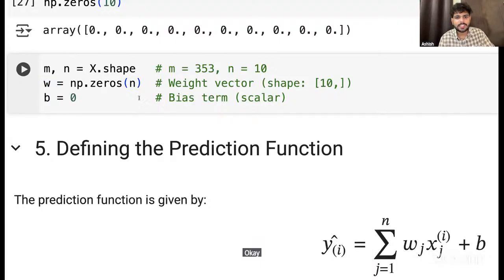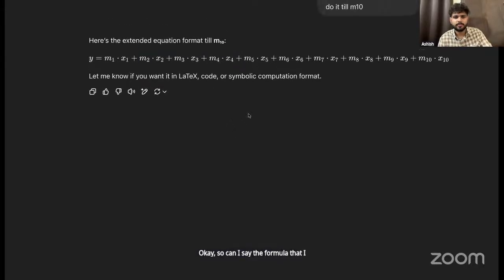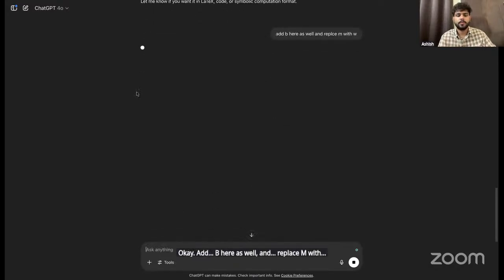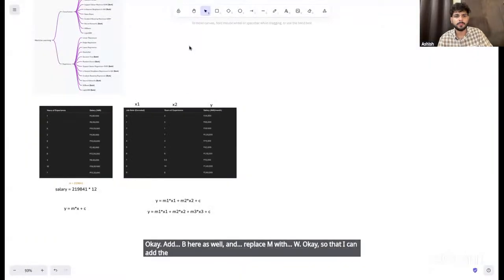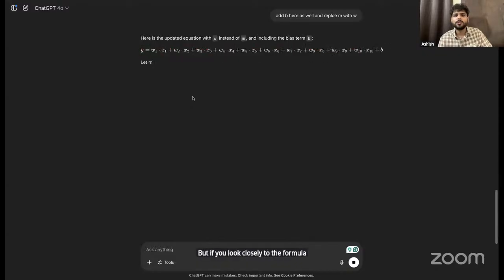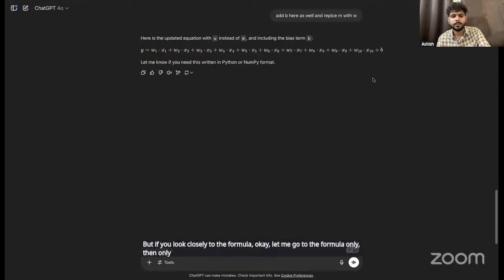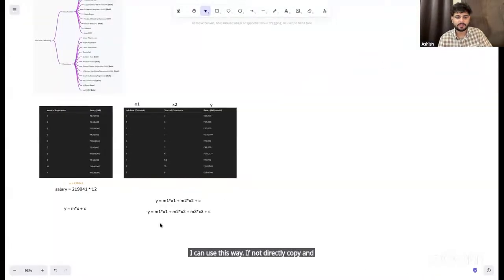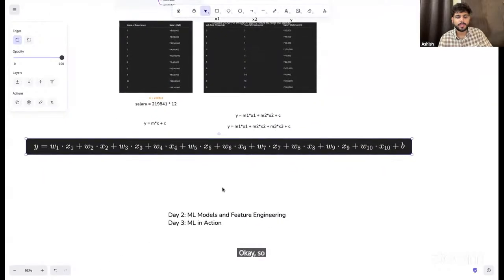Okay, so can I say the formula that I have mentioned here? Add B here as well and replace M with W, so that I can add the final formula. But if you look closely at the formula, let me go to the formula only, then it would be easier for you. I can use this way, if not directly copy and pasting it. Okay, so if you look at this particular formula,